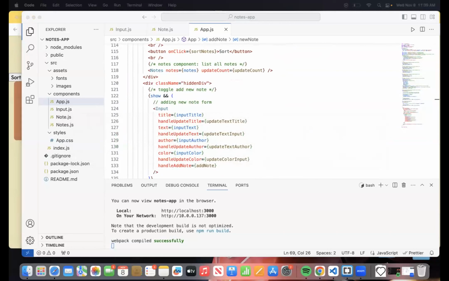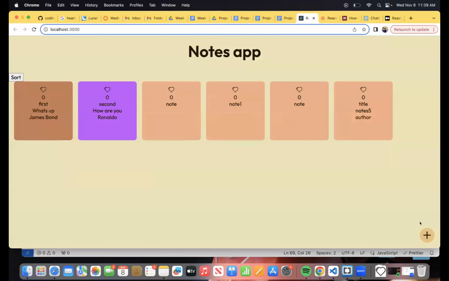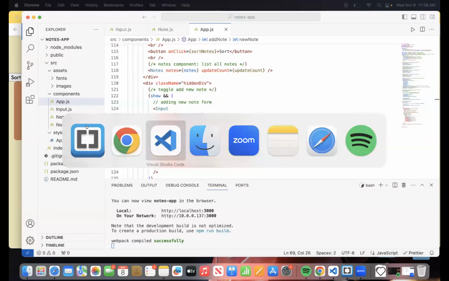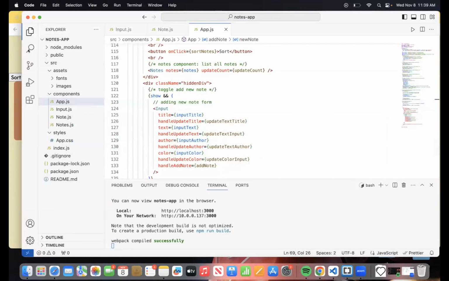Now, that being said, what do we add? I want to create a similar button like this for the search, and when you click on that, the form or the search bar comes up. So let's do that. Let me go back to VS Code.